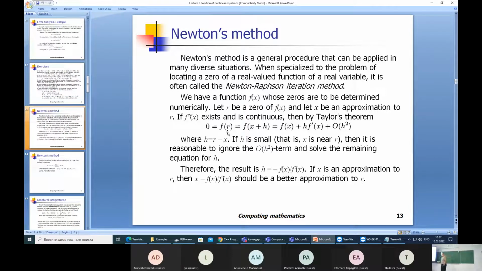And after that, I can say, according to the Taylor's theorem, that it equals f of x plus, I just write on the board the same formula, h times the first derivative at the point x plus terms